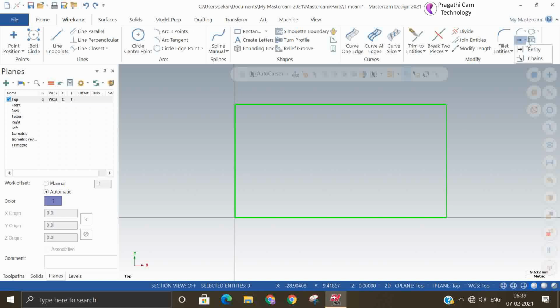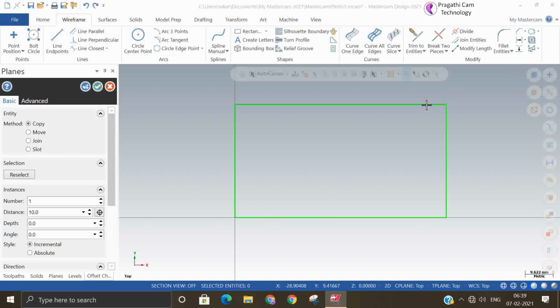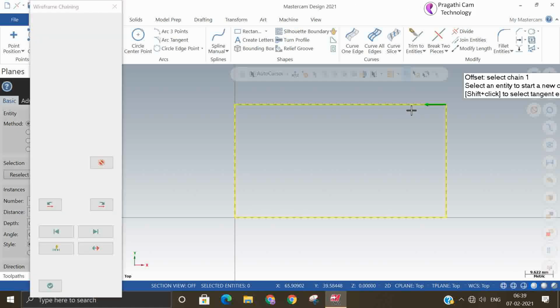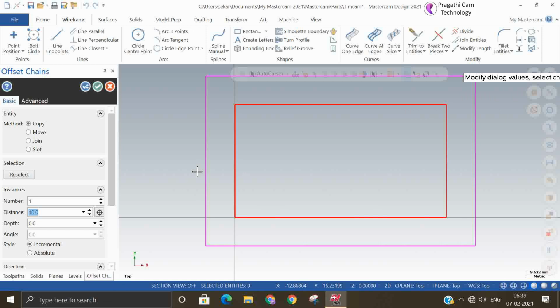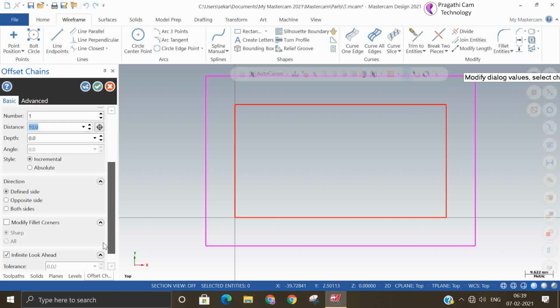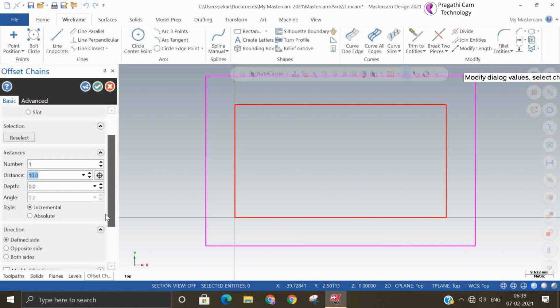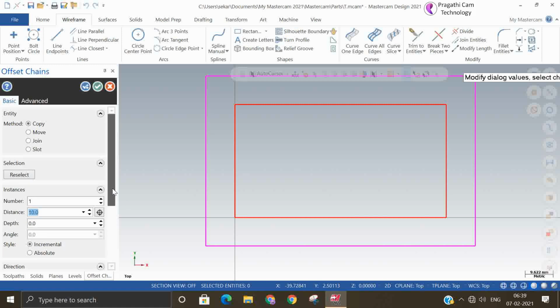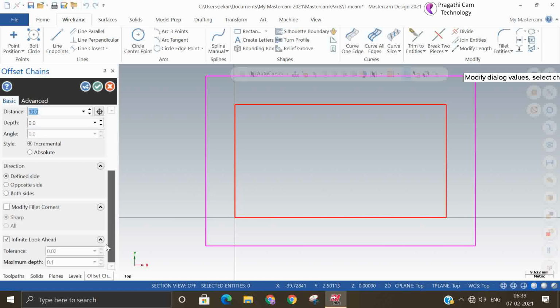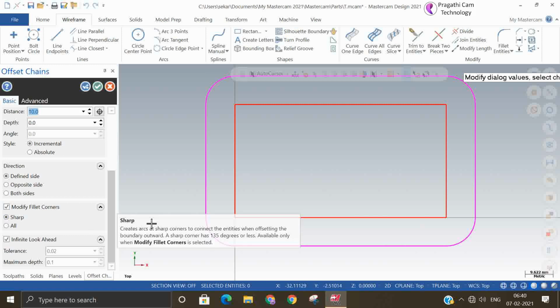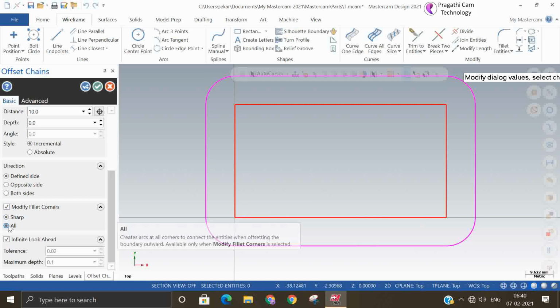So next is the chain offset. You select one chain, and you can offset in both directions or a single direction, and you can give whatever width you want. Here you can give the edge conditions, either sharp, none, or otherwise you can remove it also.